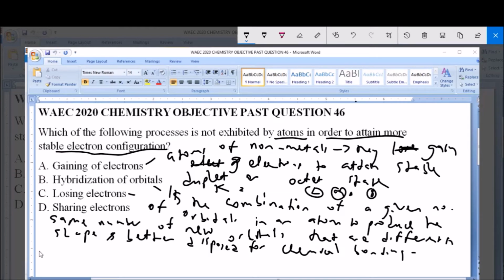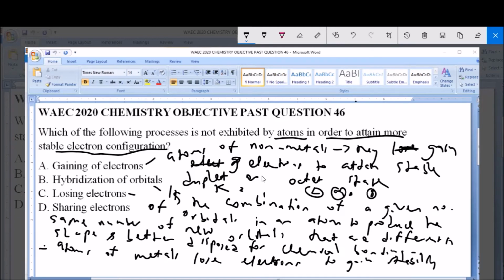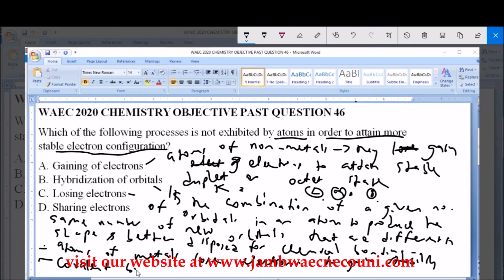Now, option C, which is losing electrons, is seen in atoms of metals. Atoms of metals lose electrons, usually in chemical reactions, to gain stability. That is the same octet or duplet states that we saw in non-metals. Now, option D, which is sharing electrons, is seen in atoms that usually undergo covalent bonding. In covalent bonding, the atoms share electrons to attain